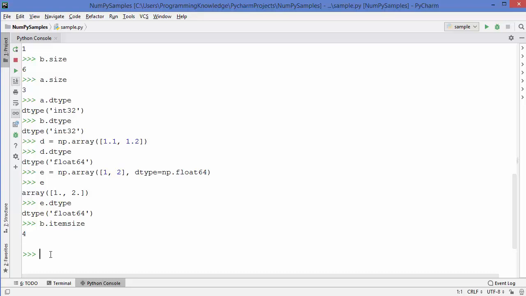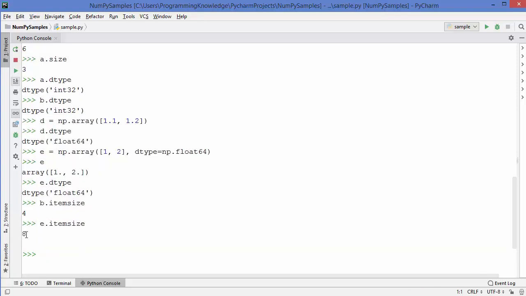In case an array contains floating values, let's say this E which contains floating values, let's see the itemsize of this array E. It's going to give us the result 8,